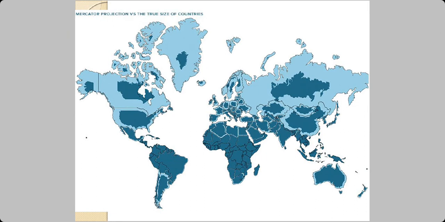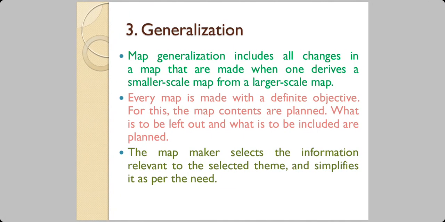Then you notice that the countries which are in and around the equator in this map don't have the lighter colored portion. That means these countries are represented correctly. That size is correct, the direction is correct, the distance is correct, the area is correct. All right. So these are problems which the cartographer, the map maker, faces. That is the reason we said that cartography or map making is an art and a science, and a lot of technology goes behind it.